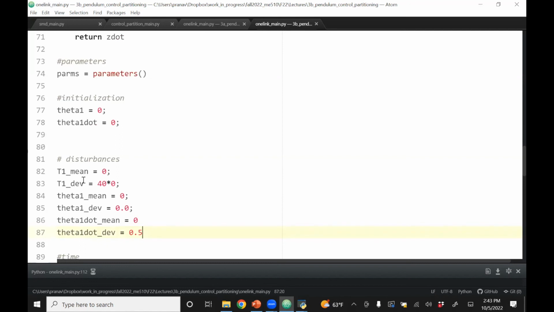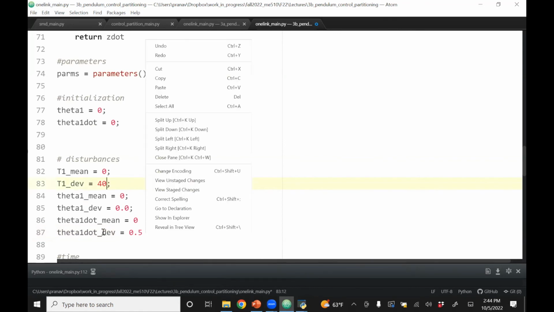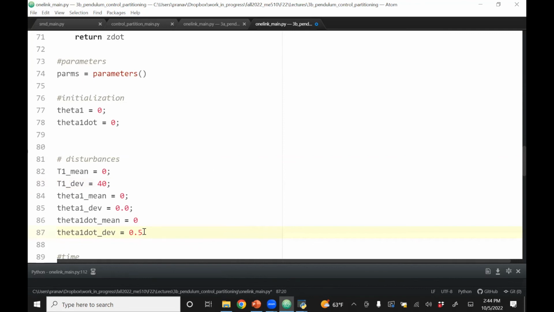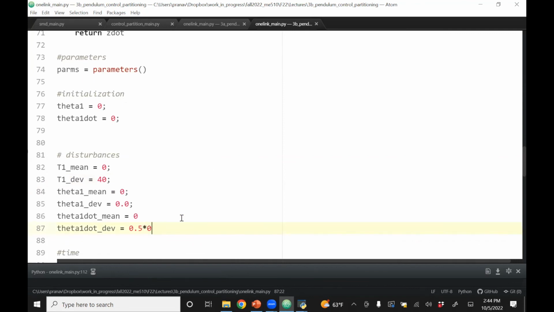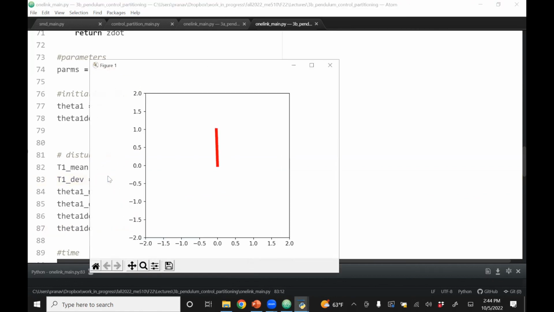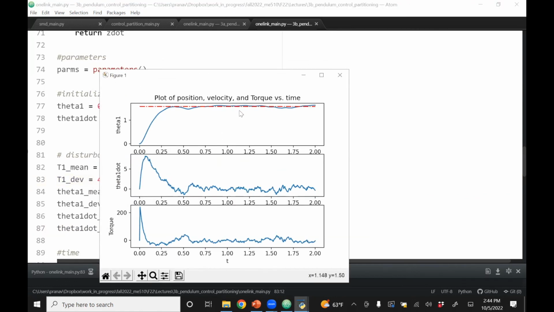And then you can also do that with the torque. If you want to disturb the system using a torque, you can put in a deviation. Let's put this to 0 just so that it doesn't affect. You can see it's shaking around. So you can do a lot of things with just